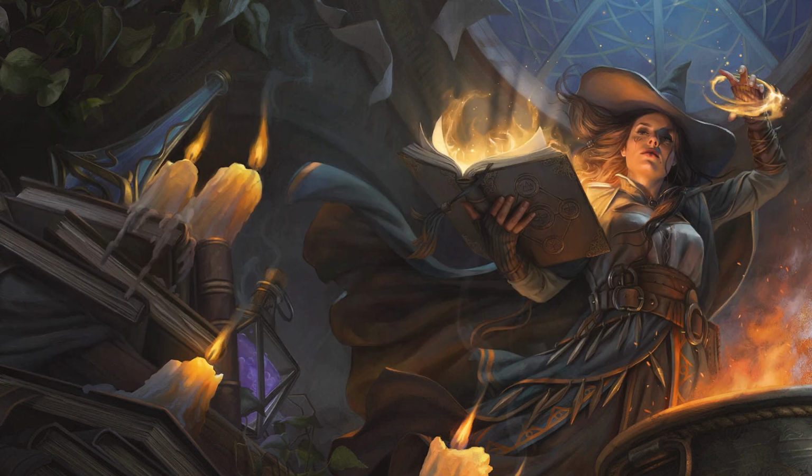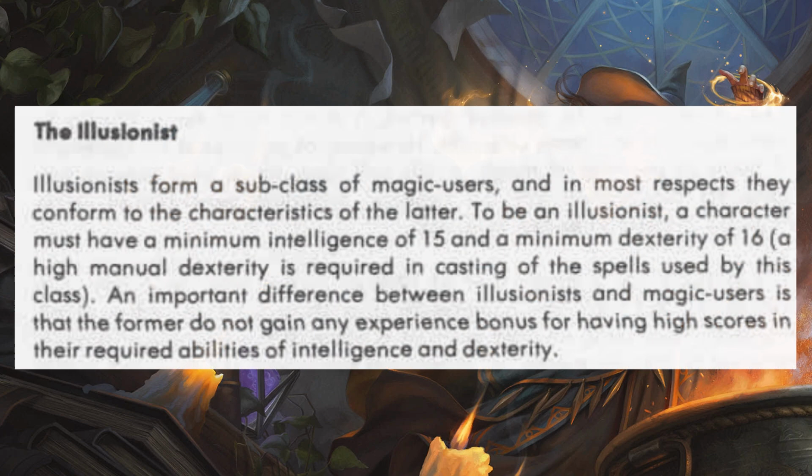AD&D also brought with it the inclusion of subclasses, of which the Magic User has one, the Illusionist. Though despite having some rather high ability score requirements, 15 intelligence and 16 dexterity, they aren't exactly shy about telling you the subclass isn't very good. To quote the Player's Handbook,